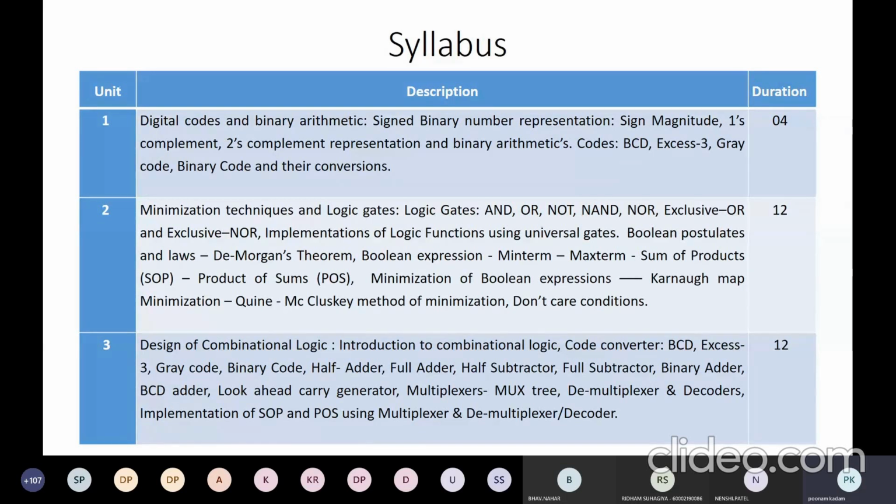The reason for this reduction of the Boolean expression is so that the amount of components required to make the circuit will become less, and therefore it will be more cost effective. Okay. So you will learn various techniques which are used for minimizing the Boolean expressions in this unit. Once you gain knowledge of these basic concepts, then we will move to design of digital